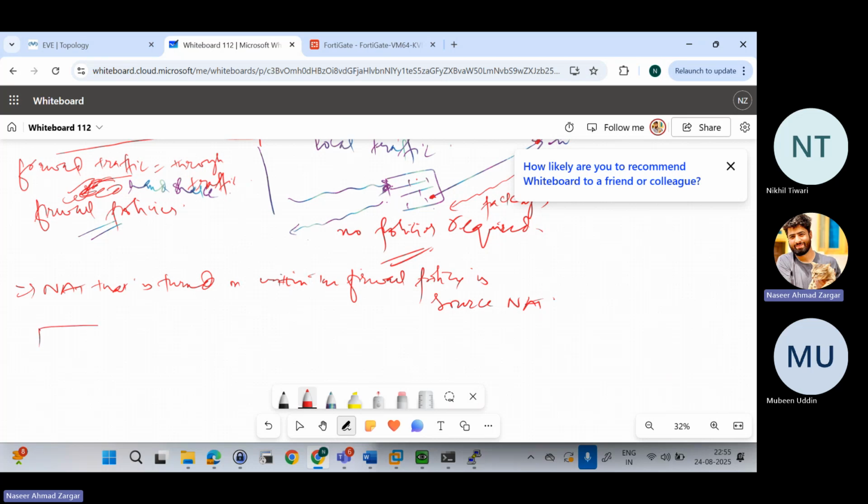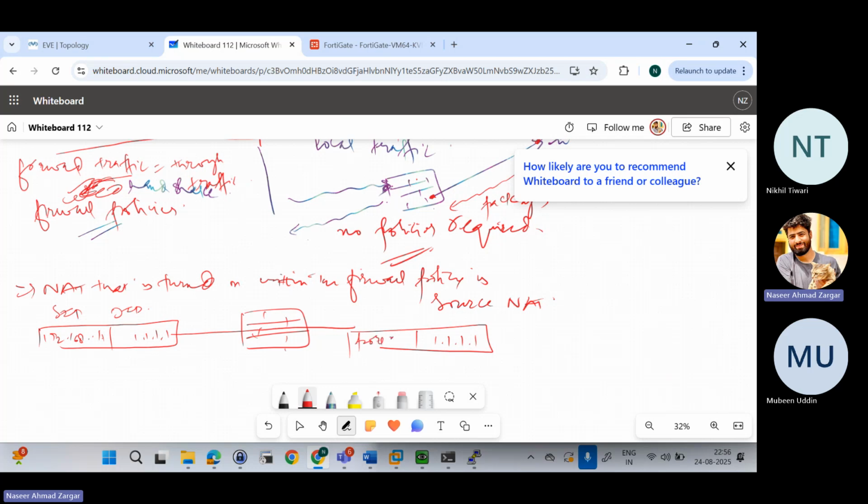It means that if there was a packet with a source IP of 192.168.1.1 and a destination IP of 1.1.1.1, it was supposed to talk to this guy. The moment it crosses the firewall, because of this NAT, the destination IP won't be touched. It's still going to be 1.1.1.1. The source IP would be the port 1's IP, which is 192.168.136.129. It might look like a private IP still, but it's bridged with the physical adapter of this PC